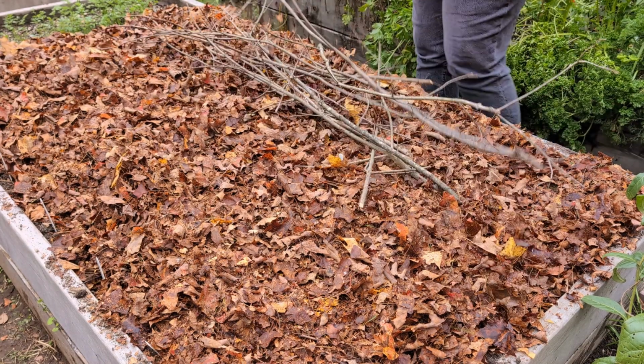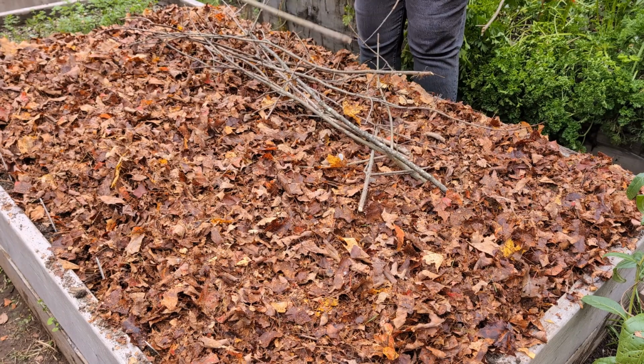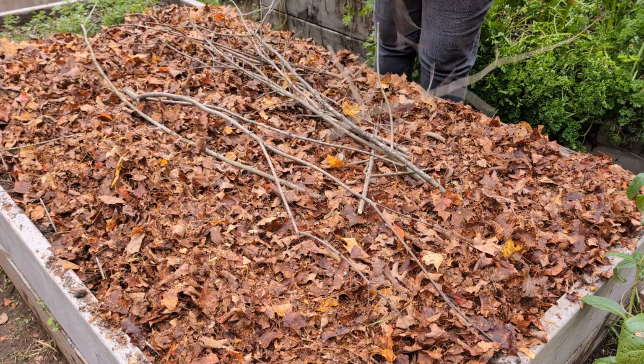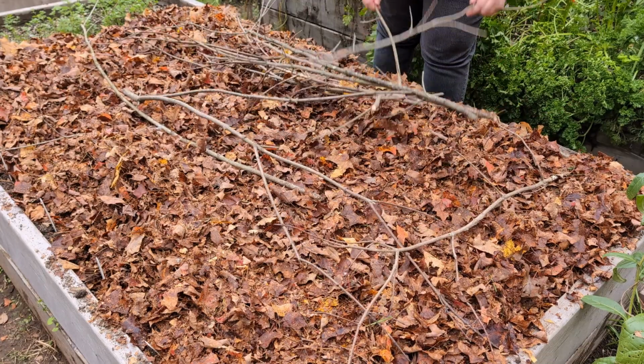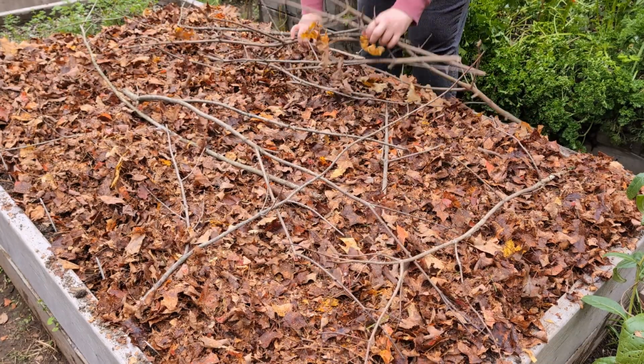And this covering will remain in place until the snow starts to fall, if snow is going to fall in your area, and that's going to naturally blanket the bed and keep everything in place and also act as insulation and protection against the harsher winter